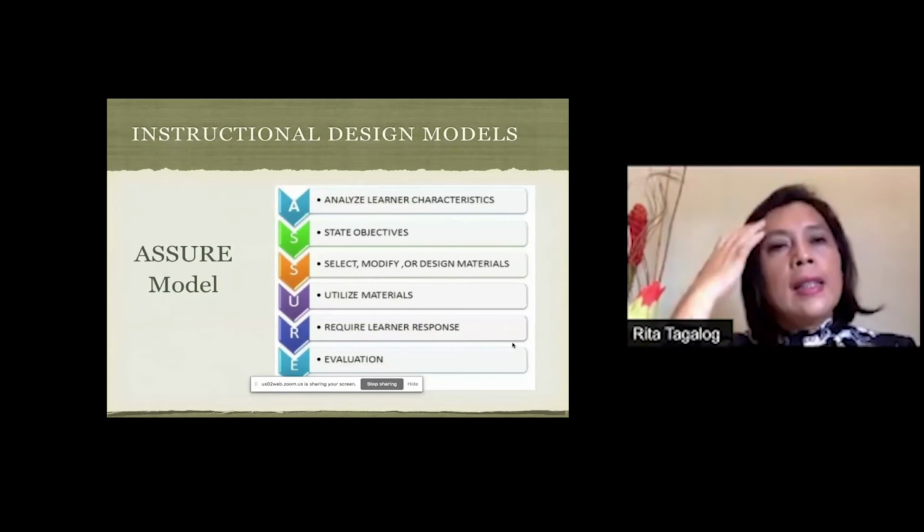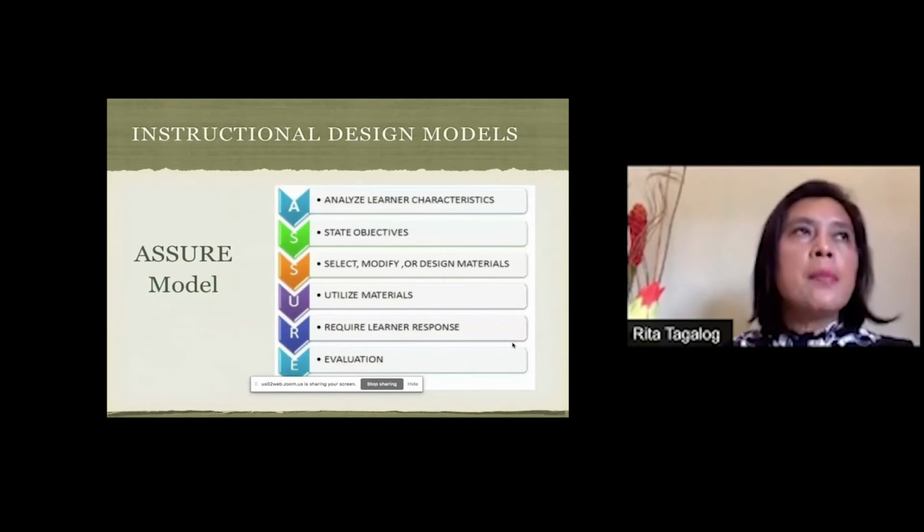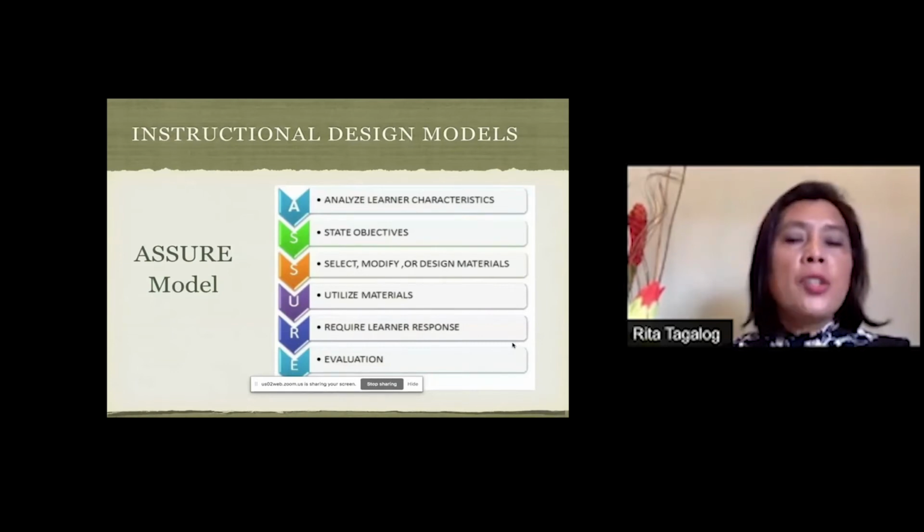The next model is what we call the ASSURE model. I'm sure most of the teachers attending right now are familiar with the ASSURE model, because this has been used in educational technology. But because we are considering cultural icons also as cultural technological tools that aid or serve as support in the teaching and learning process, then we might as well look into this model. The model has six stages, and the ASSURE represents